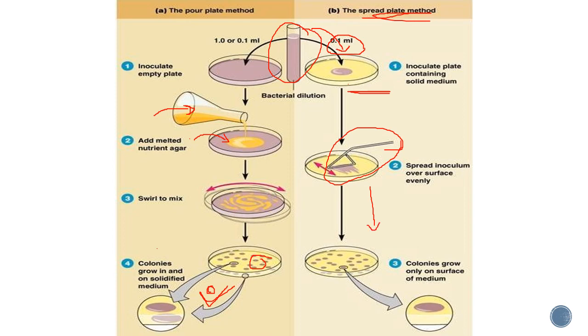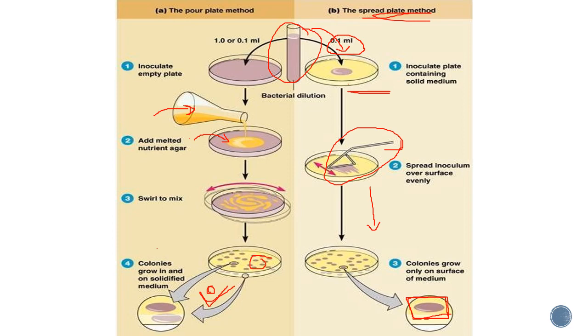Afterwards, we place the plate into the incubator for a specific period of time, and after the incubation period we can observe that in the spread plate method, we observe colonies on the medium. This is the enlarged image, and you have already observed that in the spread plate technique, the colonies appear on the medium, not on the bottom side but on the front side.